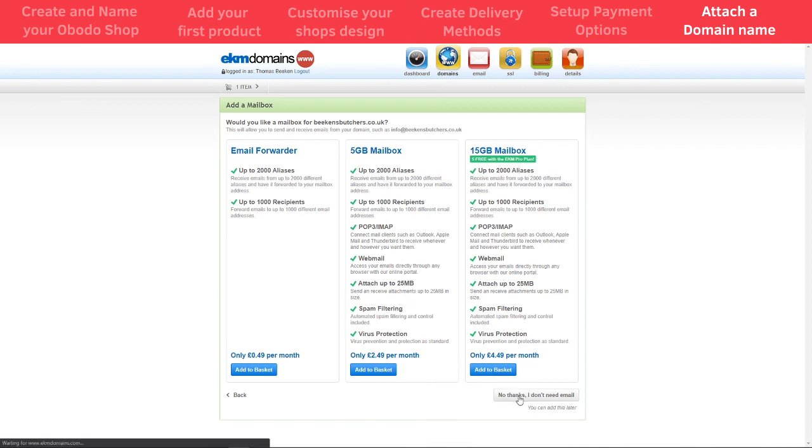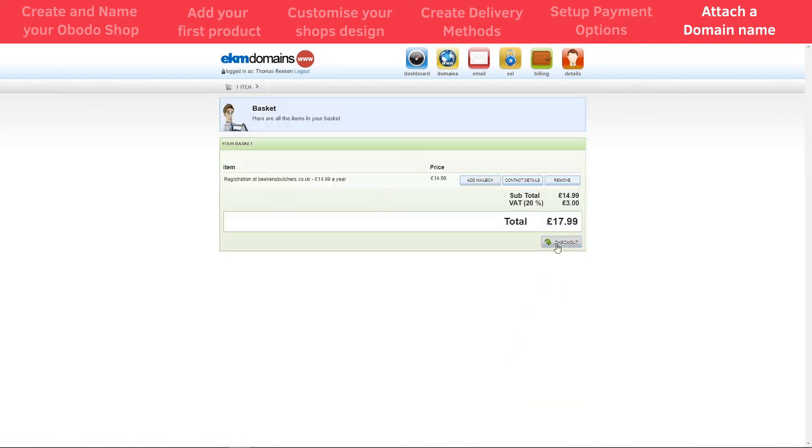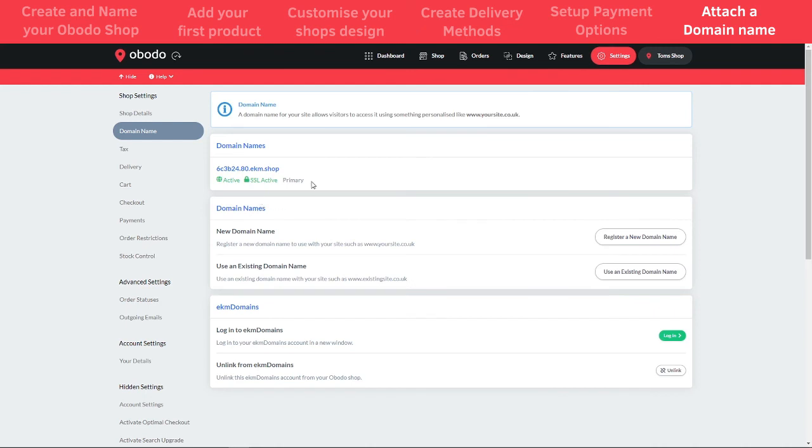Well, no, I don't need an email, and then you just simply want to click checkout, and then you'll just have to pop in your card details unless it's saved to your account already. And yeah, that's pretty much how you secure your domain name. Once you've secured it, the one that you've just purchased will pop up here. If you already have a domain name, then you can use an existing domain name by just clicking this button here,